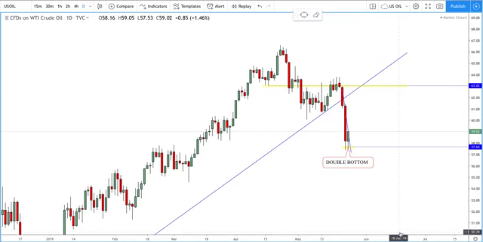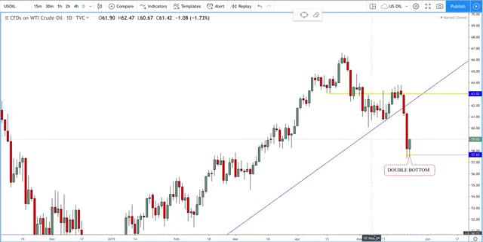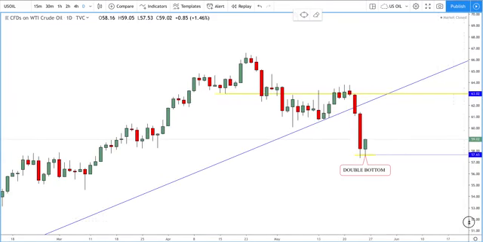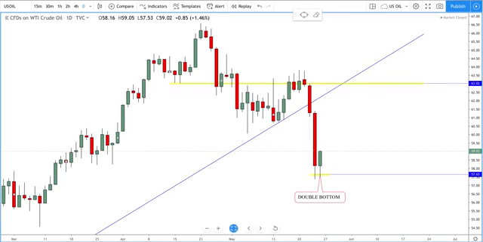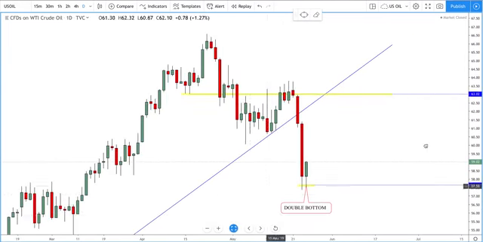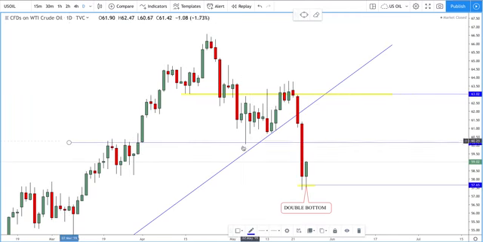And earlier I said I'd show you something on oil about the daily and how good the daily can be. That's why I'll be doing a market review every evening, because the daily candlestick is so important to show you what's happening. So see here, when I kept banging on about coming down to $60 a barrel, which was around these levels here, you see it perfectly there. Then I was expecting that retest of $63.